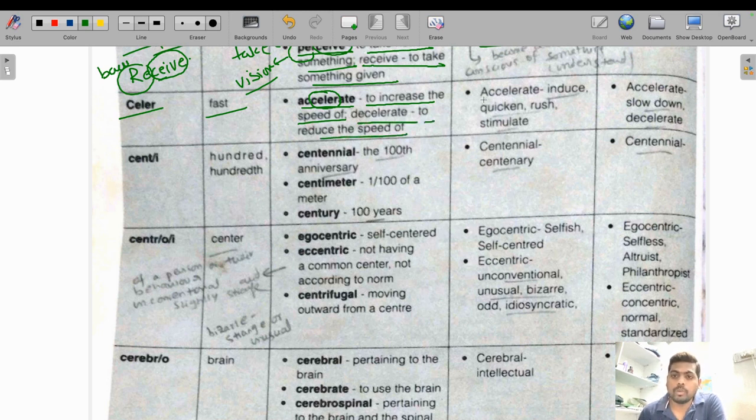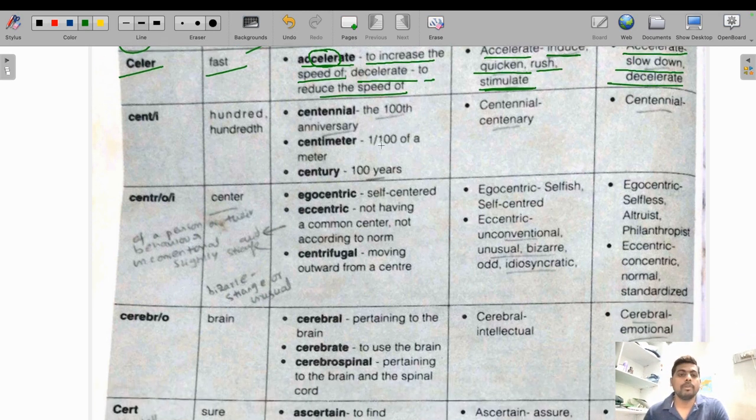Now coming to the synonyms for accelerate, induce is a synonym, quicken is also a synonym, rush is a synonym, and stimulate. These are synonyms. Coming to the antonyms, accelerate means to go in a fast manner, so the opposite will be slow down or decelerate. Coming to the next root word,